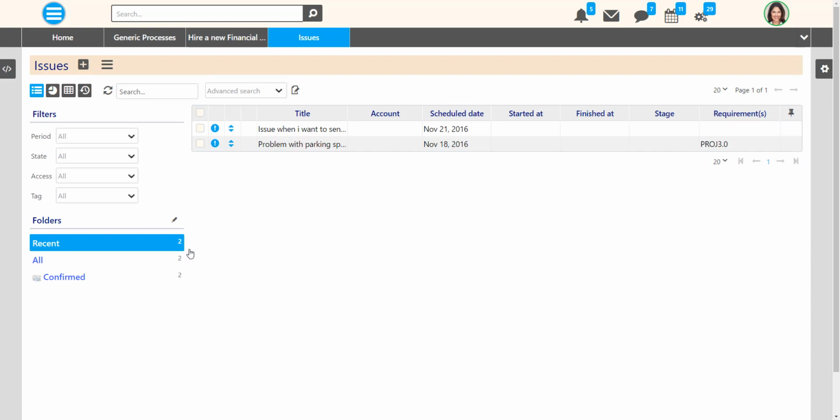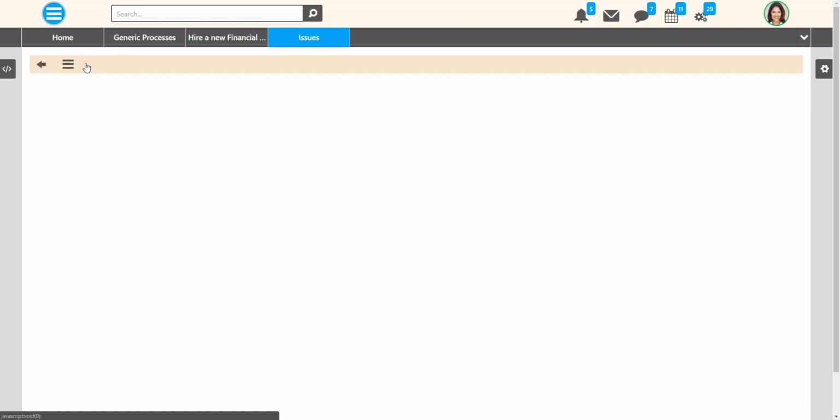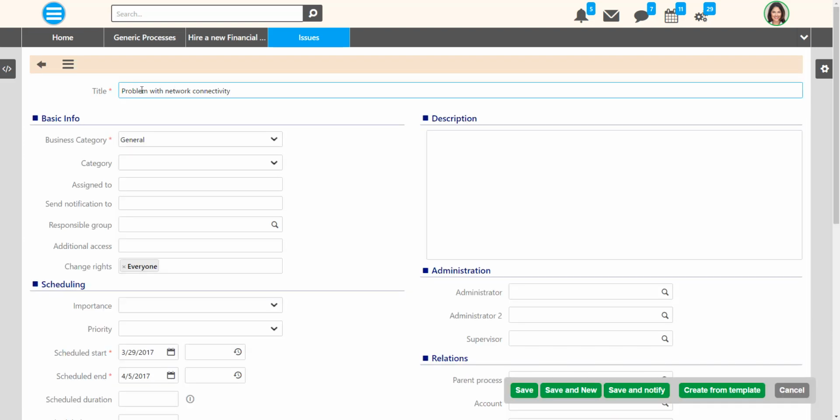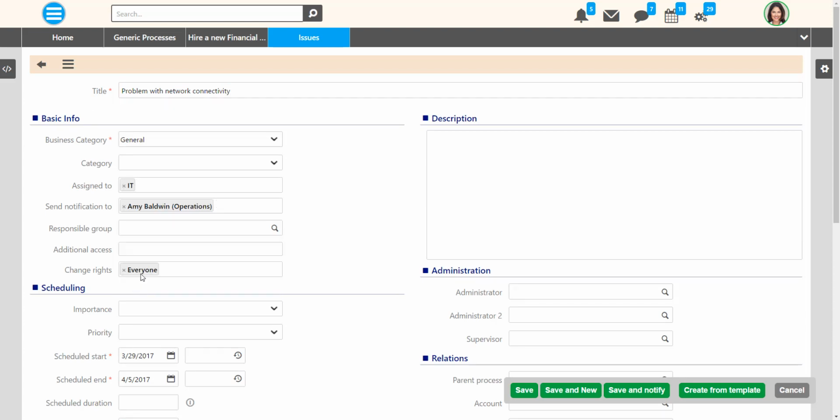Issues allows you to create entities that refer to a course of action that can be assigned and be brought to completion by multiple people, teams and groups. Click on the plus icon to create a new issue. The issue creation form is identical to the process creation form. Fill in the fields and when you are ready,